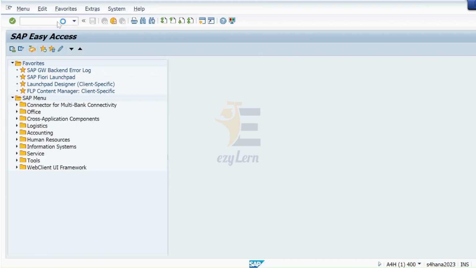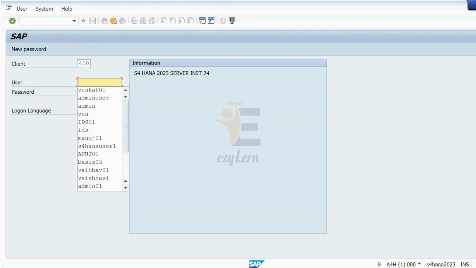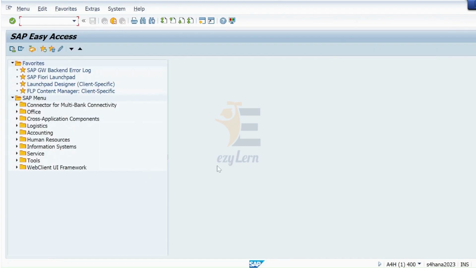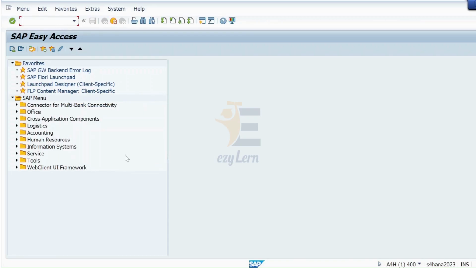You can see in a single step, the system does not throw any pop-up message, it directly logs off. But in the other ways, the system will pop up this message. Okay, no. So like that we can log off.